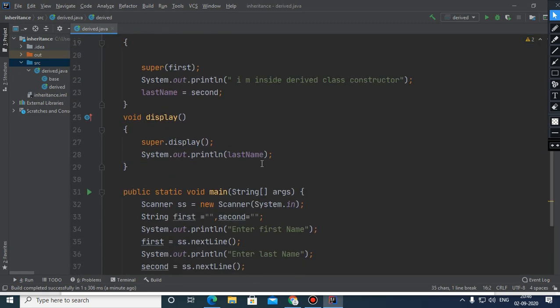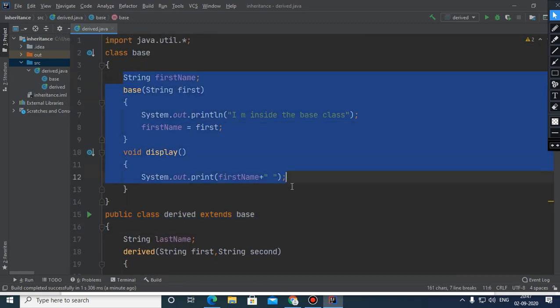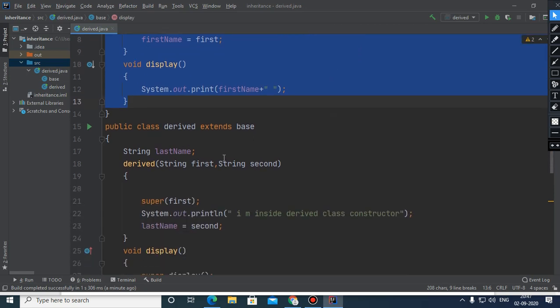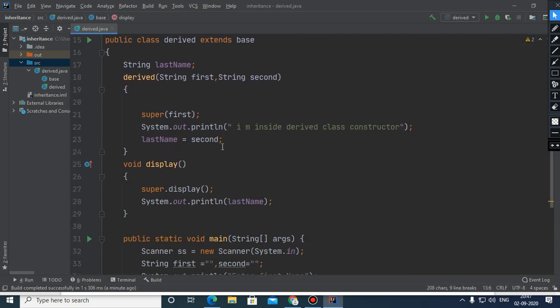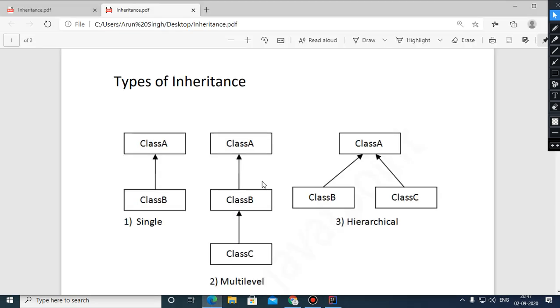You can see some features and behavior of the base class were being inherited by the derived class, and at the same time we have added some more features to it. So this was the perfect example of single level inheritance.